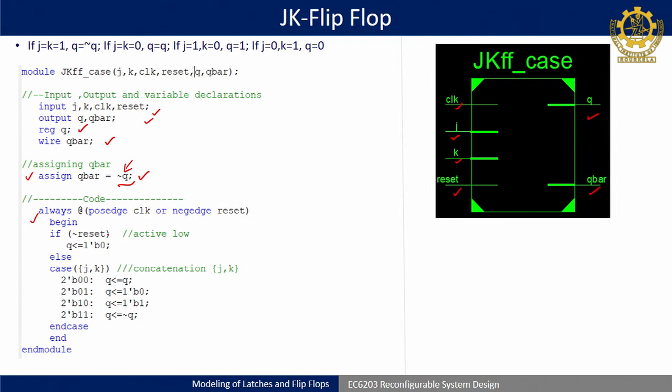If reset is low then the output is 0. In the opposite case, when reset is high, depending upon the JK conditions you can choose between the outputs for Q. Whenever Q is changing, Q bar will automatically change, so there is no need to write Q bar here. If you are writing Q bar here, then when J is 0 and K is 0, it is latching the value, like Q equal to Q, so obviously Q bar will also equal Q bar.